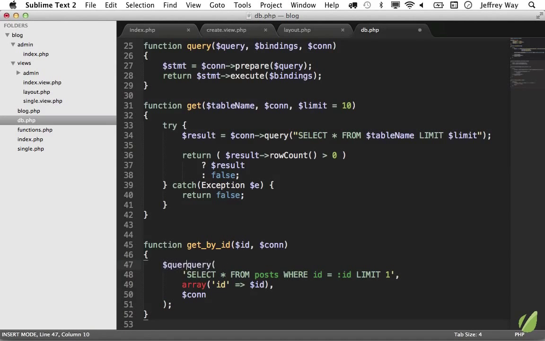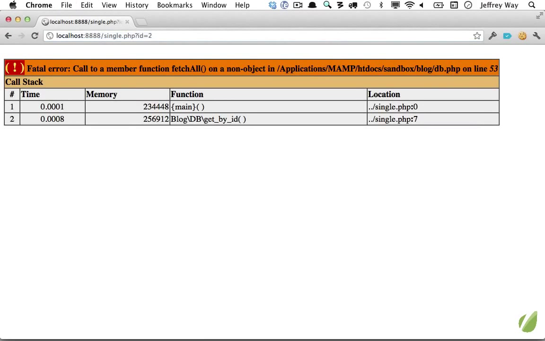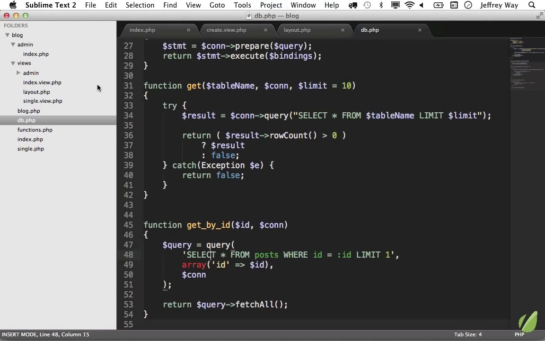We can say query equals that function, and then we can return query fetch all, like that. And that should be good, but if I load it in the browser, I'm going to get this fatal error: call to member function fetch all on a non-object. Well, that's weird. We know that we ran the query, and we should be able to run fetch all, but